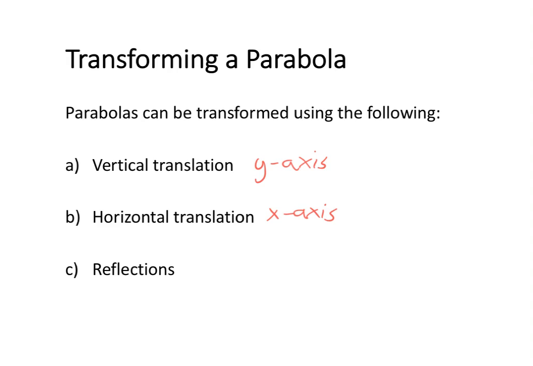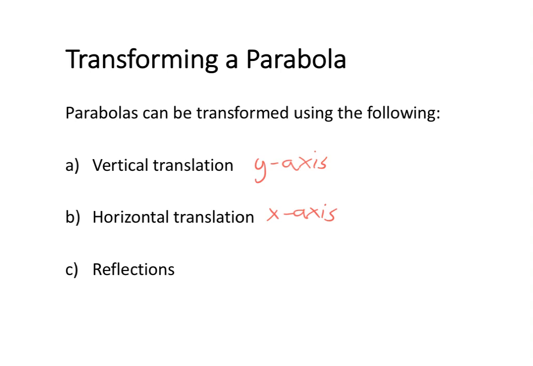So a vertical translation will move the parabola up or down the y-axis. A horizontal translation will move the parabola left or right along the x-axis. And a reflection will reflect the parabola across the x-axis. So let's have a look at an example of a horizontal translation and how that will impact the parabola y